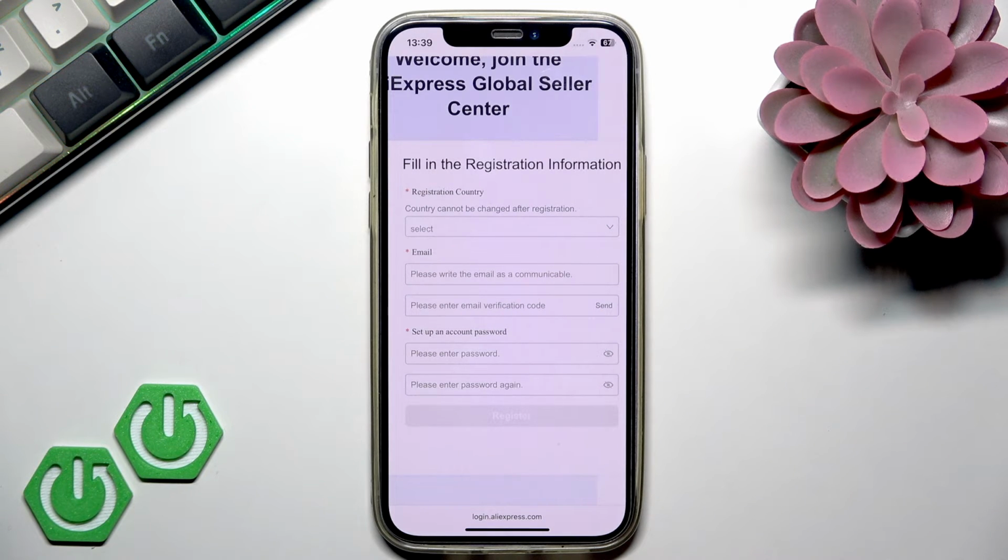Select right here the email address that will be connected to your seller account of AliExpress, and then when you have entered your email address you should tap this send button to receive a verification code. When you receive it, enter it right here, and then in the very end you should set up a password to your seller account. So come up with the idea of your password, enter it right here,